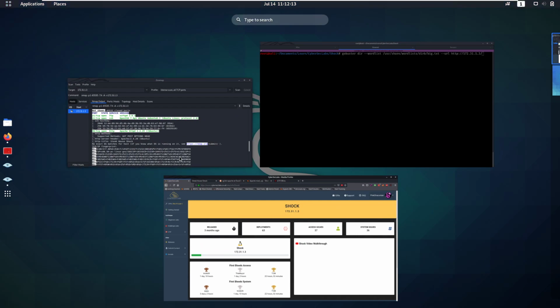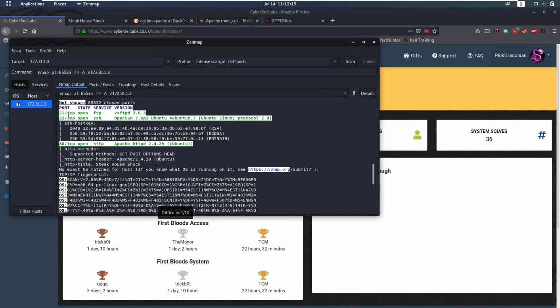So let's jump into our Nmap scan, and we'll notice here that there's only 3 ports open, which is 21 FTP, 22 SSH, and 80 HTTP. We notice that for FTP we cannot log in with an unauthenticated user, we cannot log in with anonymous, because else there would be an Nmap script checking that and saying that. For SSH, we obviously need credentials to log in, so let's take a look at port 80, which is running